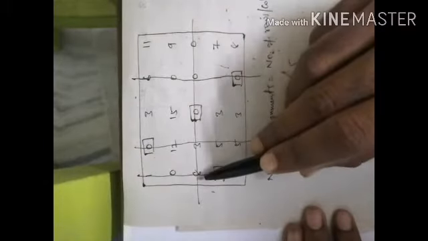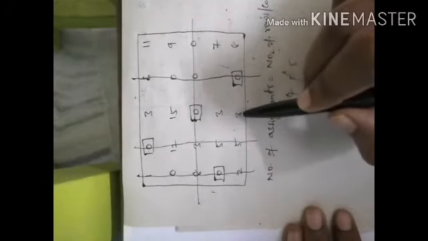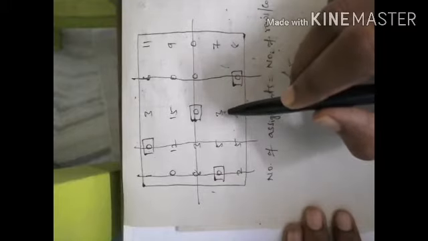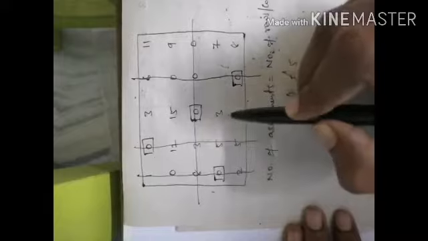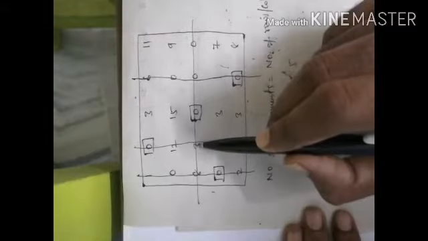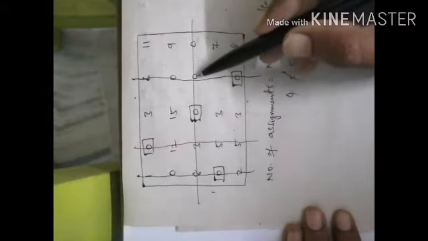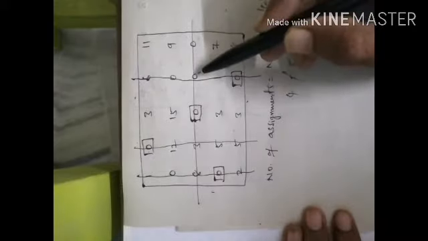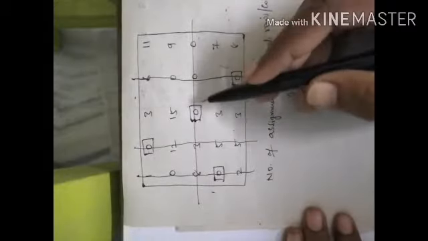After that, wherever there is an intersecting point, we need to add this minimum value, which is 3. Here 8 is an intersecting point, so we add 3. Here also an intersecting point, we add 3. Here also, 0 plus 3 is 3. So we get the new matrix. Again we need to do row subtraction, column subtraction, row examination and column examination, until we get the optimum solution.